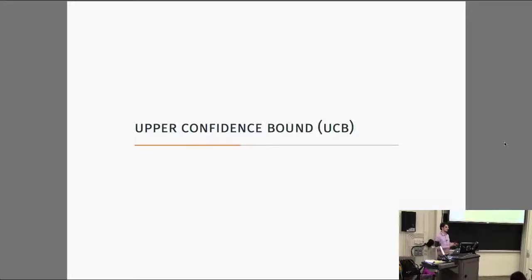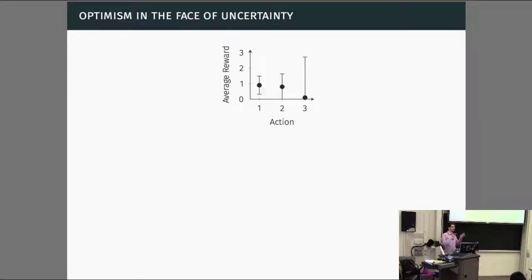Okay, so now we're going to go into the first algorithm. We're going to talk about two algorithms, two different approaches, which I think both came up in your answers. The first is this upper confidence bound approach. The main idea behind this is what's called optimism in the face of uncertainty. Insofar as we're uncertain about which actions are good, let's be optimistic, right?